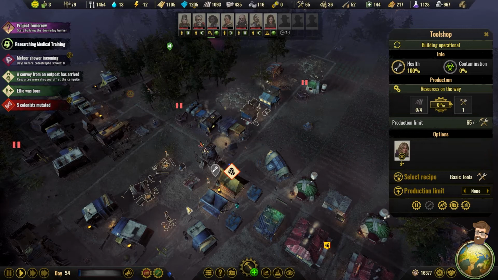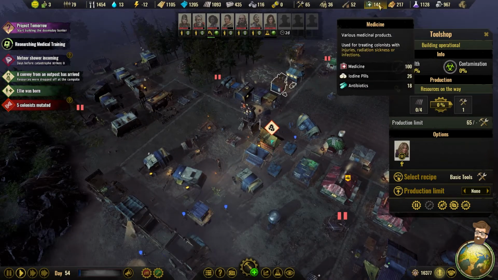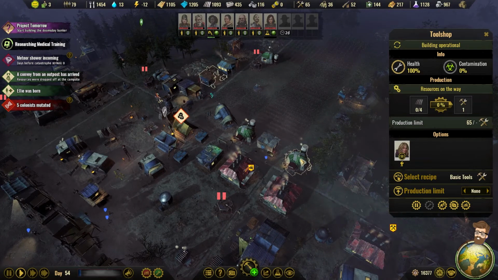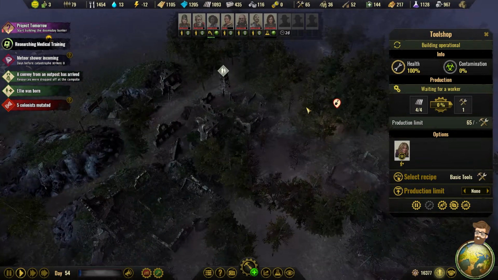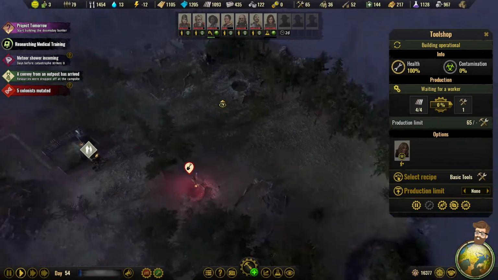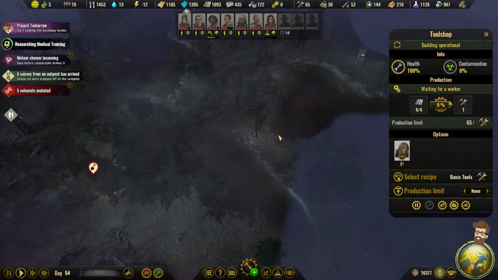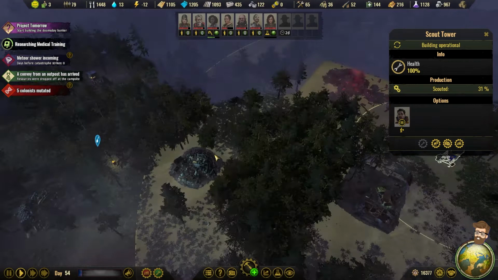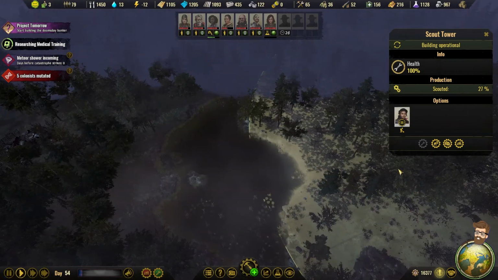A convoy from an outpost has arrived. Resources were dropped off. We now have more iodine pills. That's good. Alright. Now that I have folks that are further out here doing scouting. This one just got built. 31%, 31%, 27,